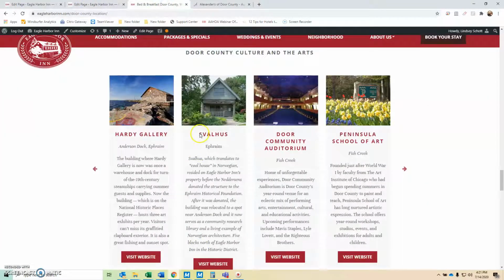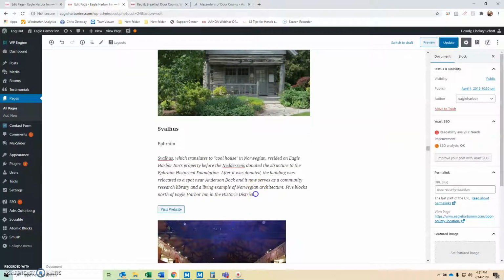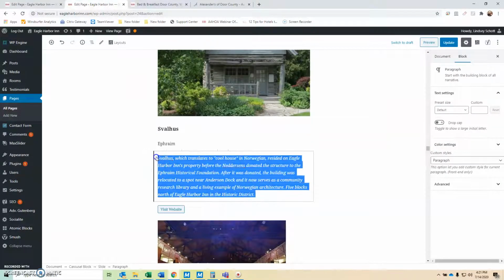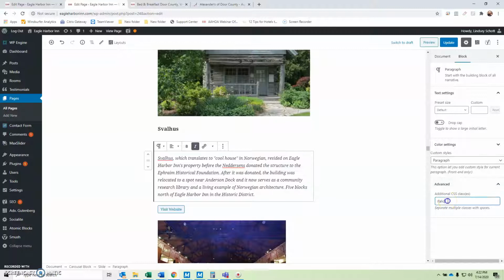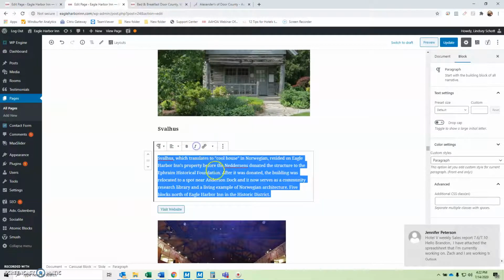If we're looking at this smallest house, we will simply come to the text. Luckily, in this case, it does show you the italics button there. Sometimes it will look like it's not, but obviously, as you saw, it can appear that way on the website. The secret, if it looks normal, is to go over to this advanced area right here and just simply remove italic. That's also the secret to undoing, for whatever reason, this here,